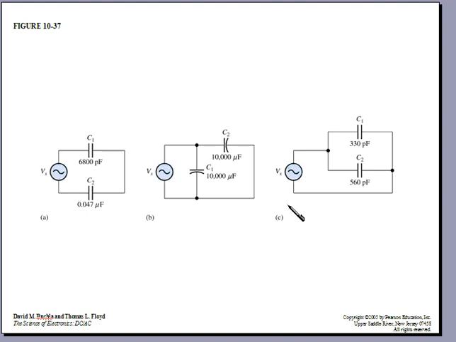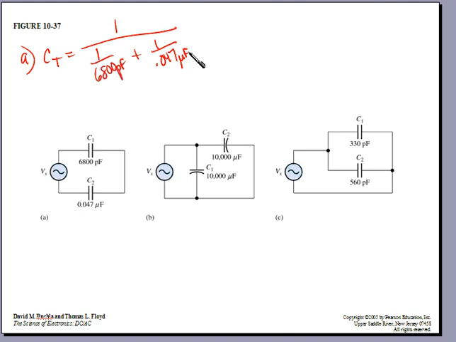Let's do some calculations. Okay, here in the first circuit, we have 6,800 picofarads and 0.047 microfarads. It's a series circuit. So for figure A, the total capacitance is going to be 1 over 6,800 pico plus 1 over 0.047 microfarads, which is equal to,